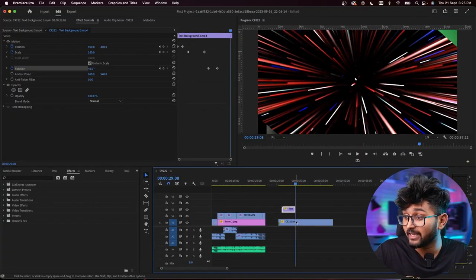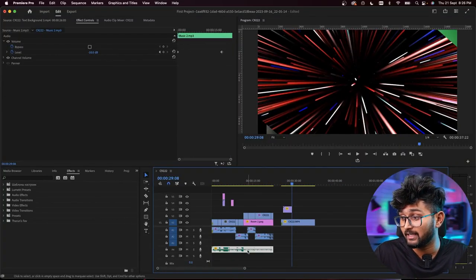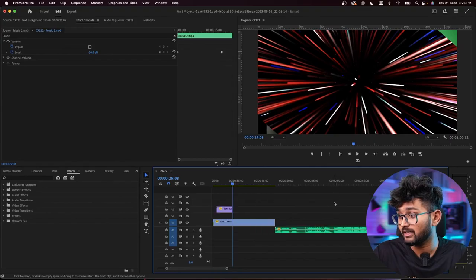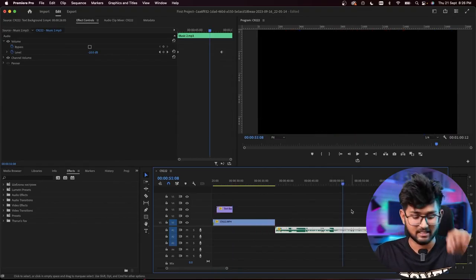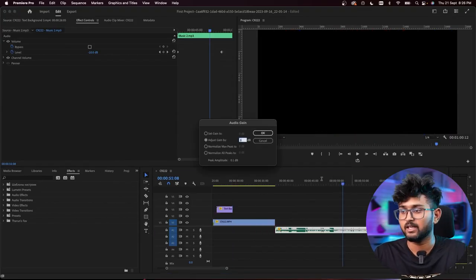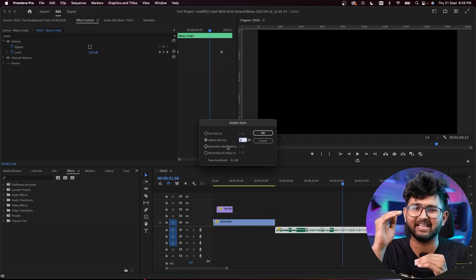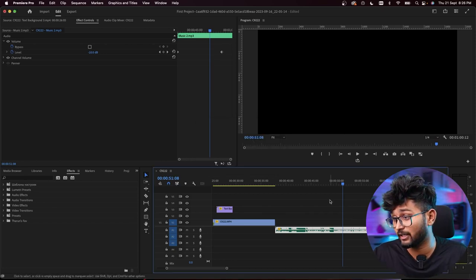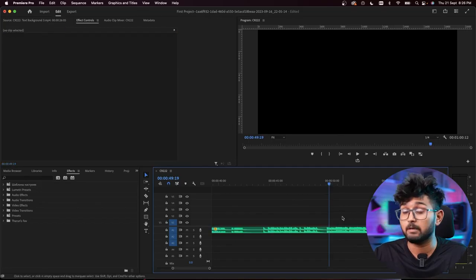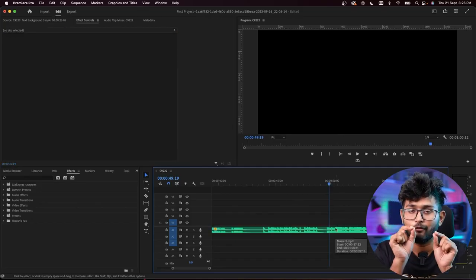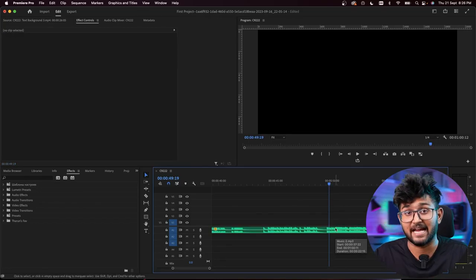And the same thing can also be done with audio, right? So imagine you have the audio here. Initially, we were using just G, right? G to adjust the gain, adjust all of these things. But what we'll do right now is we'll play with the volume in terms of time, right?